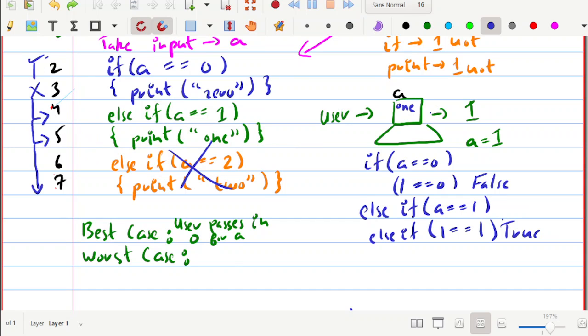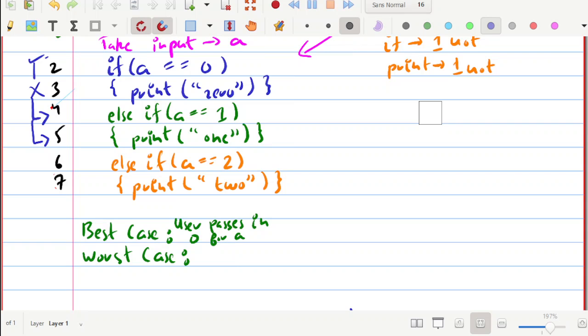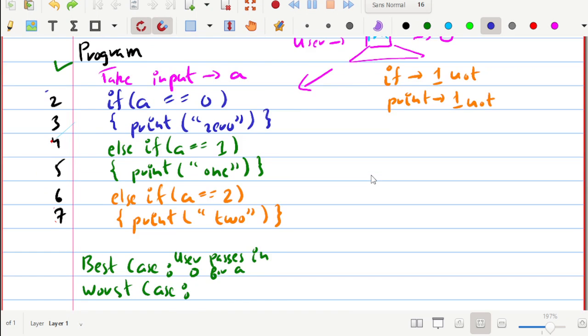But can we do any better than that? Can we still push our computer to run the maximum possible number of statements? Can we come up with some scenario where we could manage to push the computer all the way down to run the maximum possible number of statements? Okay, let's see. What if the user,